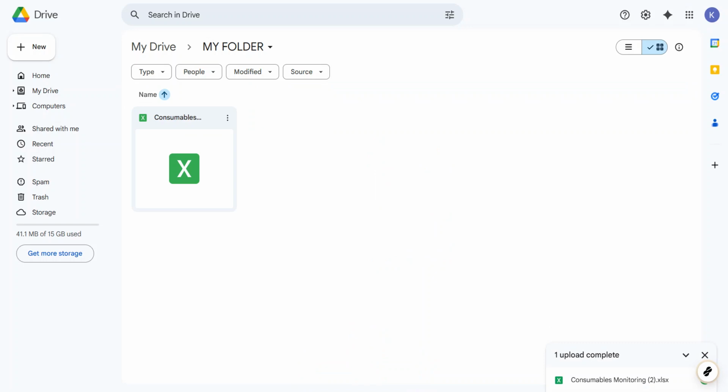Inside that folder, upload your files. You can do this by dragging and dropping the unzipped files or the folder from your computer directly into the browser window. Alternatively, use the upload option from the New button to select File Upload or Folder Upload. Folder Upload is useful if you want to